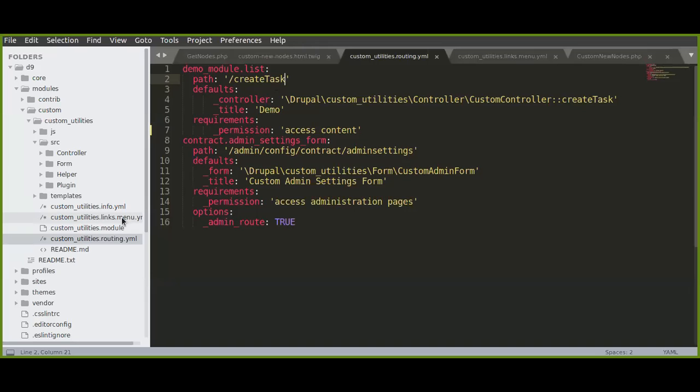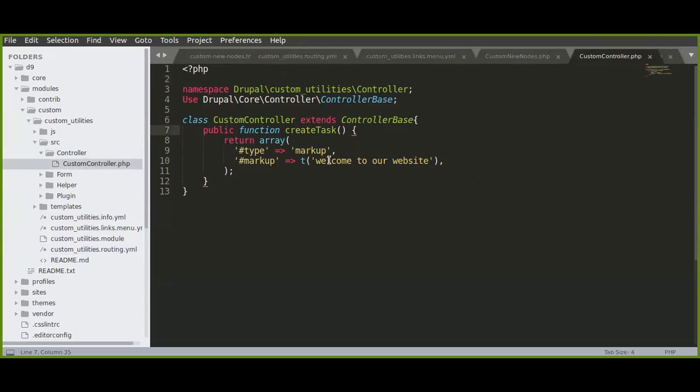So this route is accessing the custom controller. This is the markup: welcome to our website. This is the content we have displayed over there. So by using this controller, whatever you want, you can achieve through the custom route.